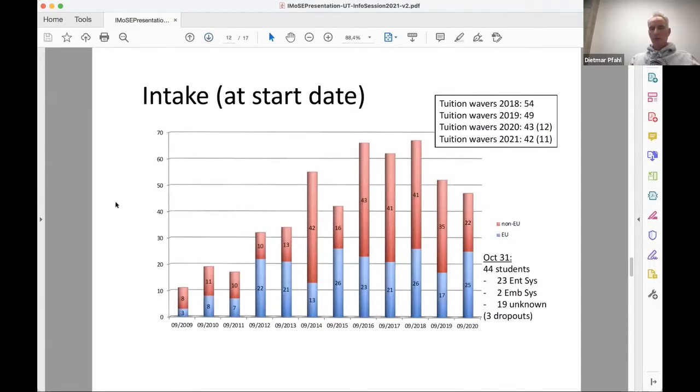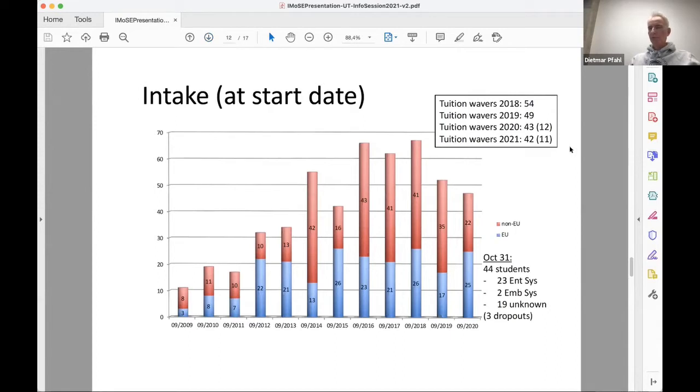These are the intake numbers, and it went down a little bit in particular last year, mainly due to the COVID problems with traveling and getting the paperwork done for the international students, and even simply getting a flight to Estonia. I really hope that this will not happen again this year, but of course we can't see what the future will bring. But at the moment, hopefully the signs are signaling that we get slowly back to normal.